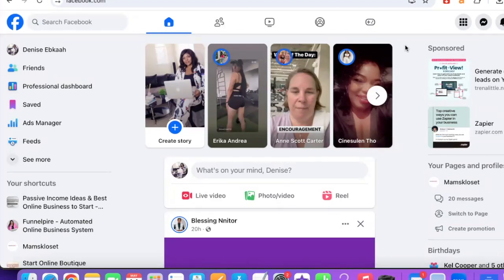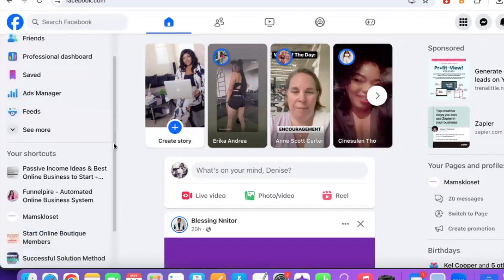Yes, some of your content is not going to get enough views because it's just the way Facebook business pages are set up, but there's actually content that is also going to pick up eventually. If you just stay consistent, you just never know. That's the thing with the algorithm, guys. You just keep sharing value and eventually your reels are going to be seen and shown to many people.